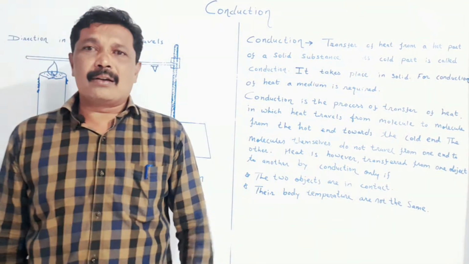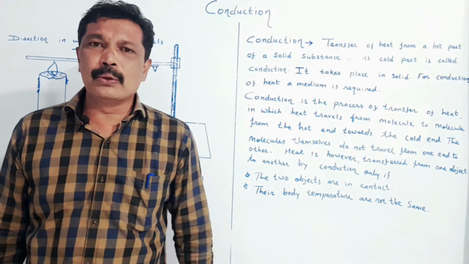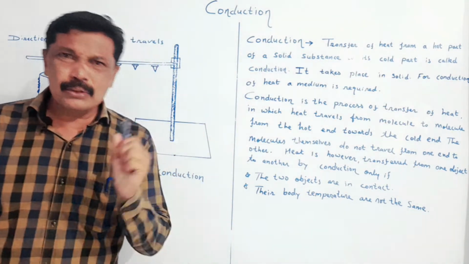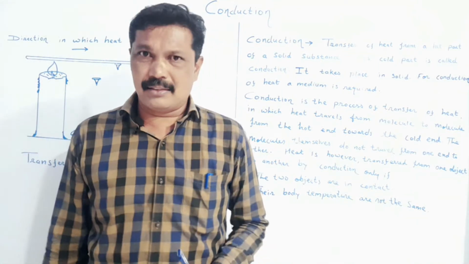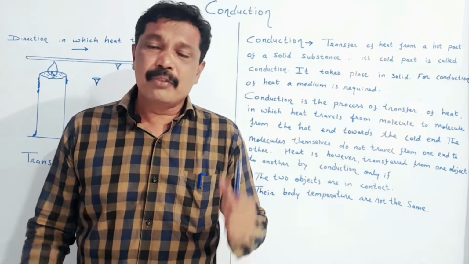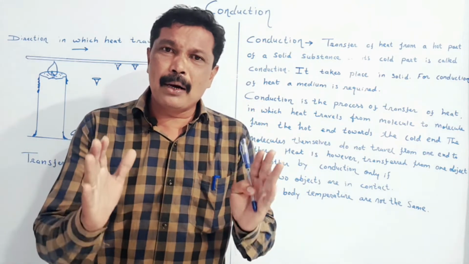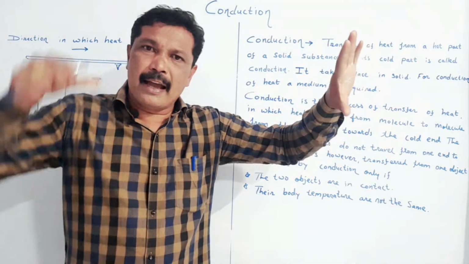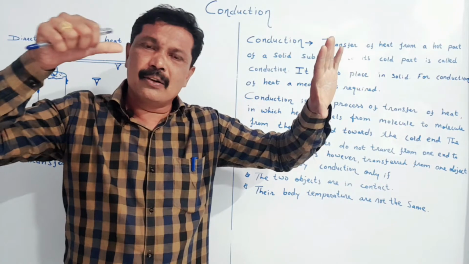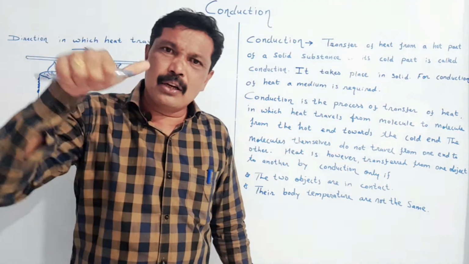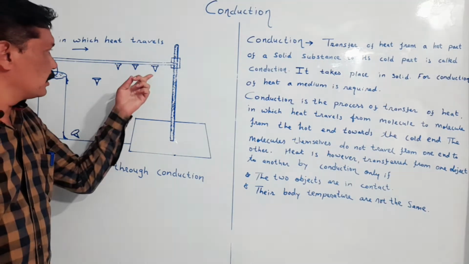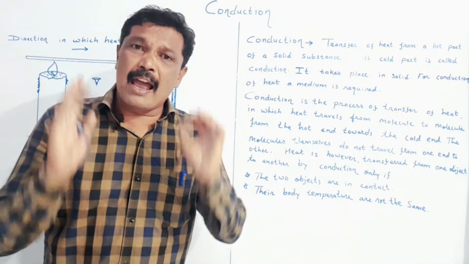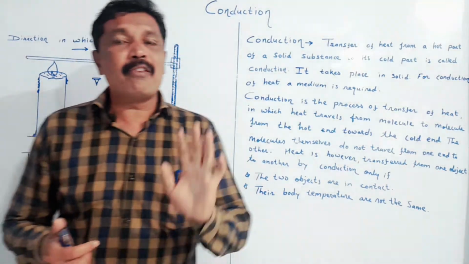To this iron rod, my dear student, I am going to fix thumbnails with the help of wax. My dear student, you know what thumbnails are. The thumbnails are the nails which are used to put paper on the notice board. We keep the paper on the notice board and fix the thumbnails on the notice board with the pressure of the thumb. So here, you will see these are all thumbnails, and these thumbnails I have fixed to the iron rod with the help of wax.